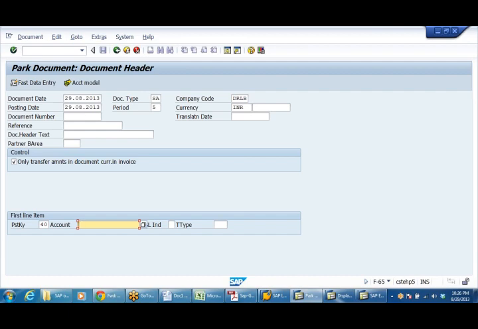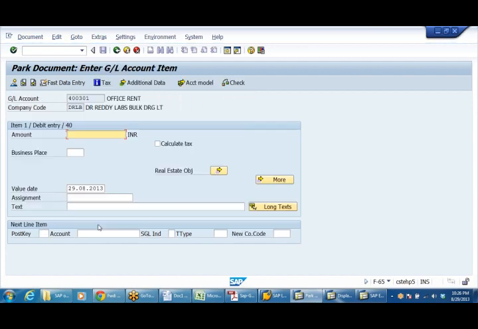Say this is 400,301. Office rent 19,500. I'm just taking this as a test for document parking.